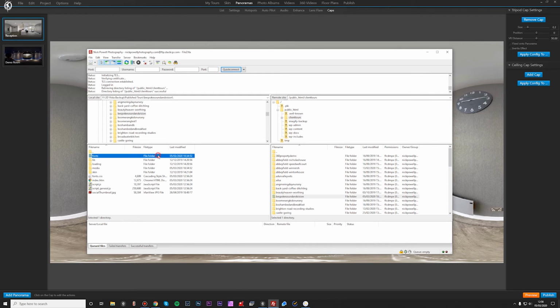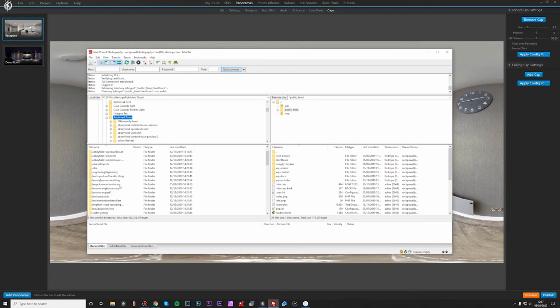is, let's say we were creating this tour from scratch. I can't create a new one, otherwise it's going to ruin my client's tour for them. But let's imagine that this folder wasn't here. What you would do is come to your public HTML, the root folder, go up one here as well to publish tours, and then drag bespoke sound and vision into client tours. Okay, but as we've already got files in here,